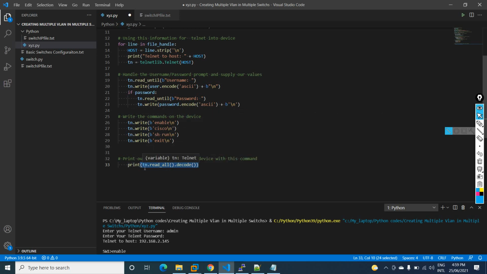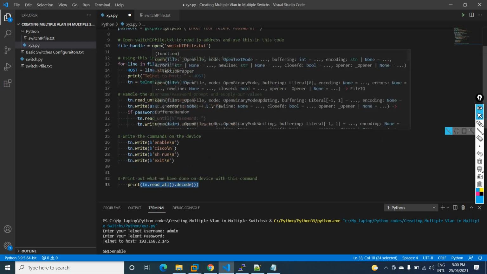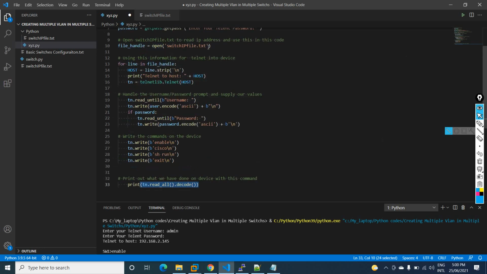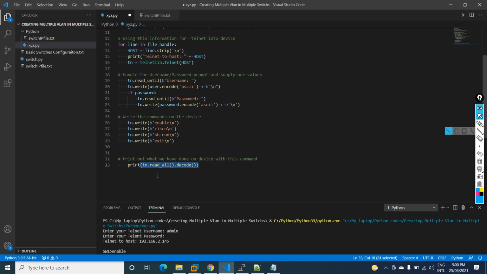We can give any name. I will write, for example, read output. So whatever output we are reading, it will be stored in one variable. After that I can open one file, same as here where we used open. I used open for the read file; I will write here open write file. So we will open one new file and write all the configuration we get into it. Okay, so we will fetch that, write it, close it and print it out.